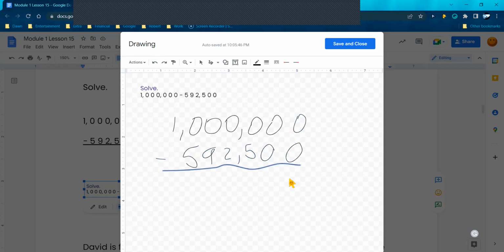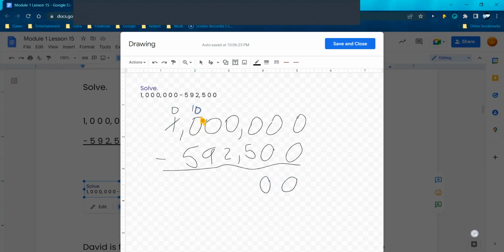So I know 0 minus 0 is 0. And I know 0 minus 0 is 0. Oh, I have 0 minus 5. I know if I have 0 fingers, I can't take 5 away. So I need to regroup. Now this regrouping is going to be interesting because I have all these zeros. I can't take anything from the zeros. So I'm going to come all the way over here to the million. I'm going to pull my million. And that is going to become 10 100,000s. So I'm going to put a 10 here,